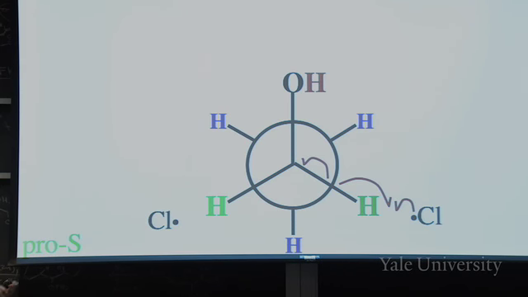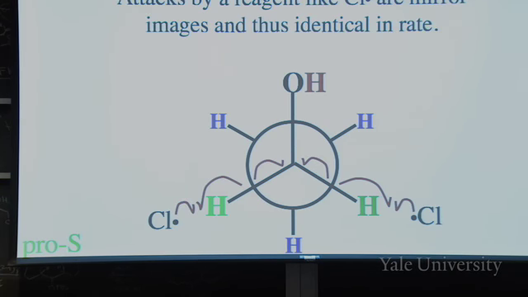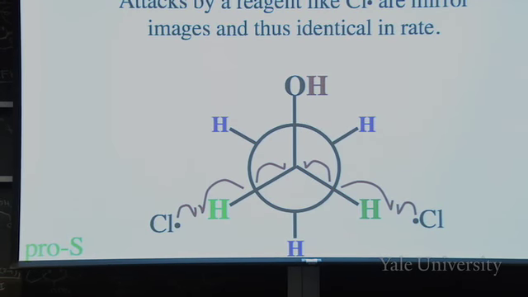Remember we talked last time about how fast a reaction goes having to do with how high an energy you have to go to along that path, right? And these are going to be the same. So they'll have precisely the same rates. So who cares? Okay? So attacked by a reagent like a chlorine atom, those two versions of the attack are mirror images, and thus they're identical in their rate. So who cares? But